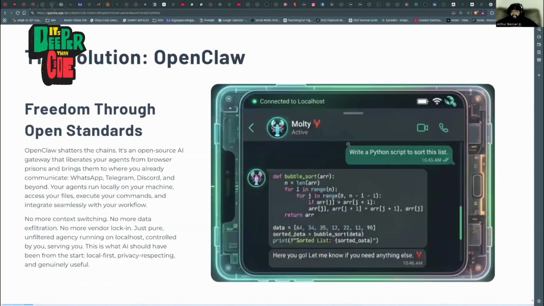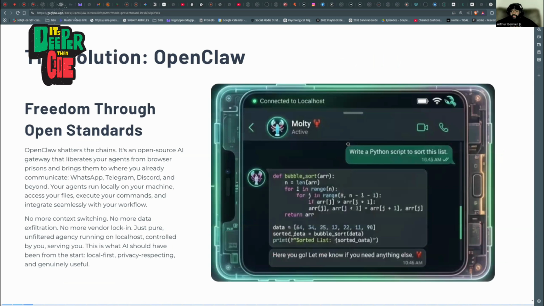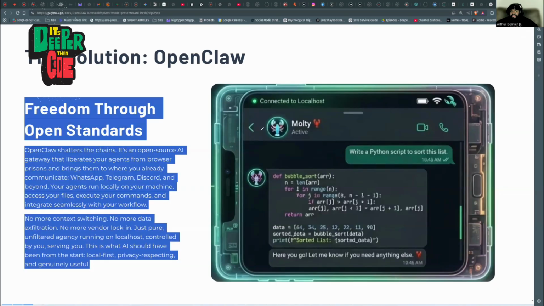So the solution with OpenClaw is essentially this: you can see here in this little chat screen, and this could be Telegram or WhatsApp or whatever, but you connect your bot to WhatsApp or Telegram, and then you're able to communicate back and forth with the bot from here, and it will let you converse just like you can do with ChatGPT.